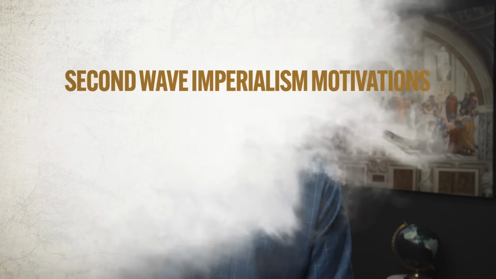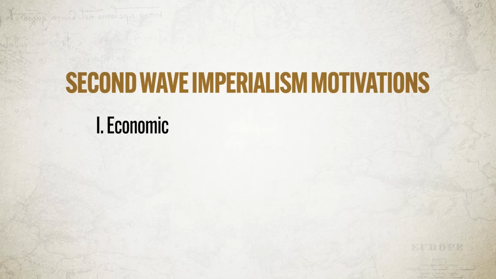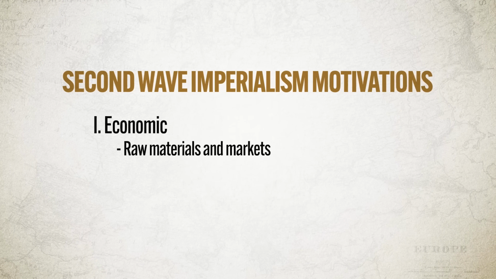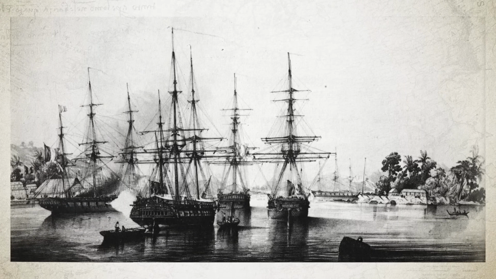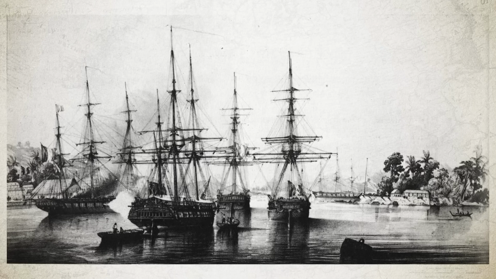Link in description. Okay, the first motivation for the second wave of European imperialism was economic. Now remember, many of the states in Western Europe were in the heyday of the Industrial Revolution during this period, and they were getting fabulously wealthy as a result. But in order to keep those factories working, states needed 2 things: raw materials and markets. They needed raw materials like cotton and rubber and iron in order to make the final manufactured goods coming out of the factory. And once a nation had tapped all their own resources, they went looking in other places of the world to get those raw materials. So there was a significant motivation there for the new imperial venture.